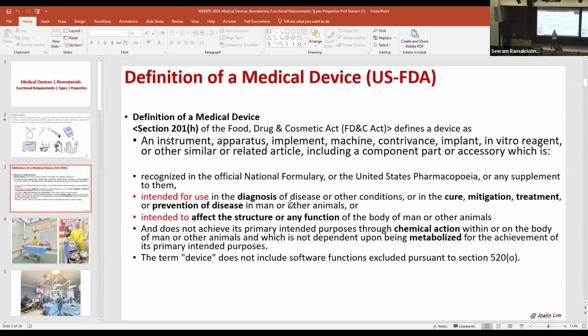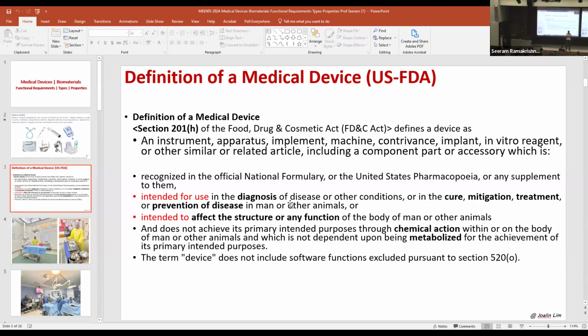Dr. Lim, last time she actually gave a definition like this, which is a very detailed, legalistic definition. And she referred to the US FDA, Food and Drug Administration definition. These definitions require a lot of discussion among the experts. And finally, they agree to have this commonly acceptable definition. So why I'm showing it here as a second slide: first I gave my simple definition, but I'm now showing you the actual definition. The reason is,